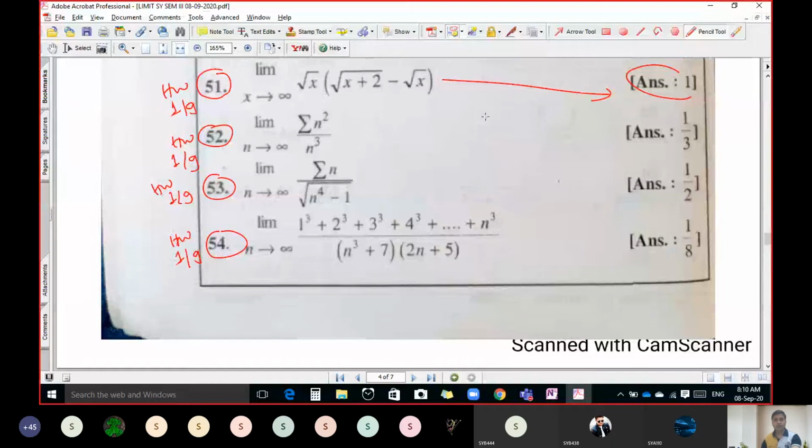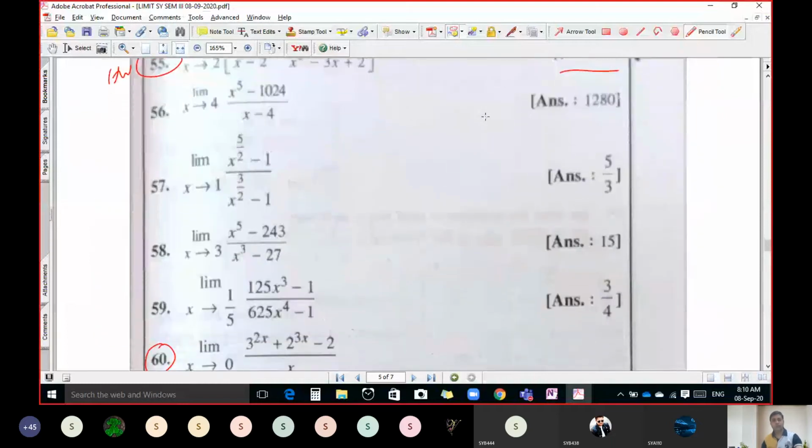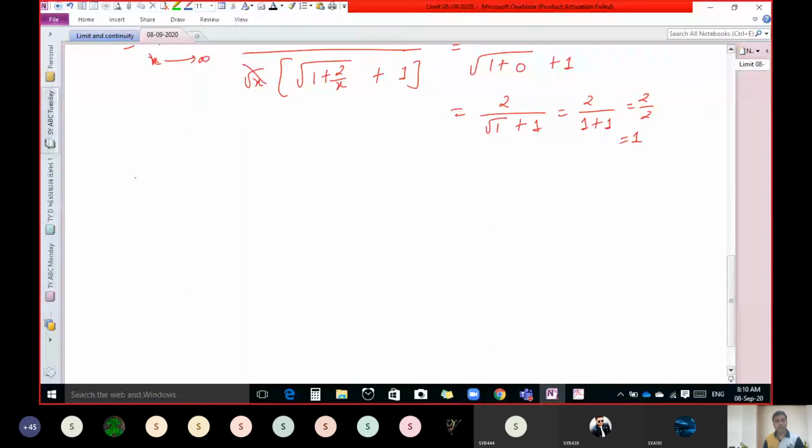Okay, so let us start. First of all, a few results, and okay, let us discuss only one result, and we will discuss the example related to that result. Then we will discuss other results. Result: limit x tends to a, limit x tends to a, of x raised to n minus a raised to n upon x minus a.